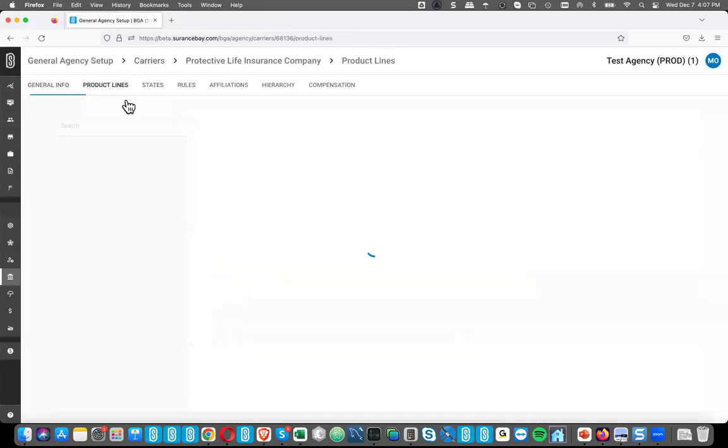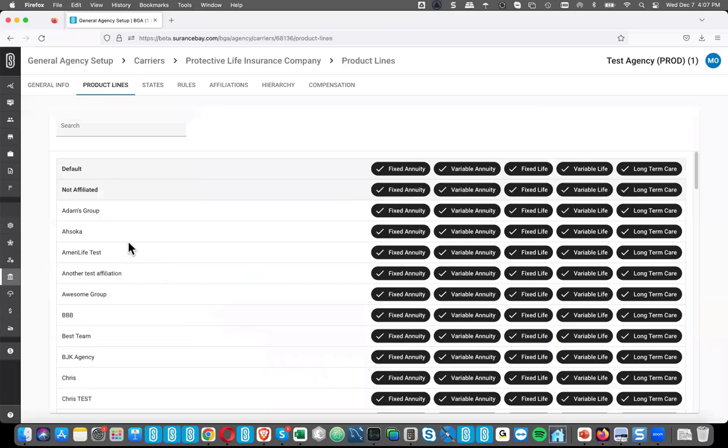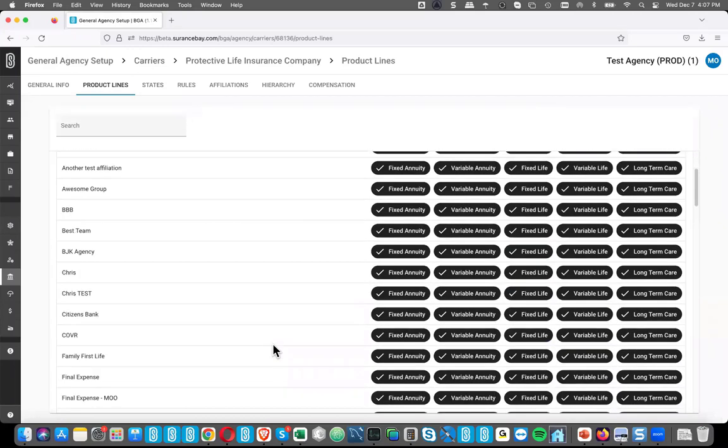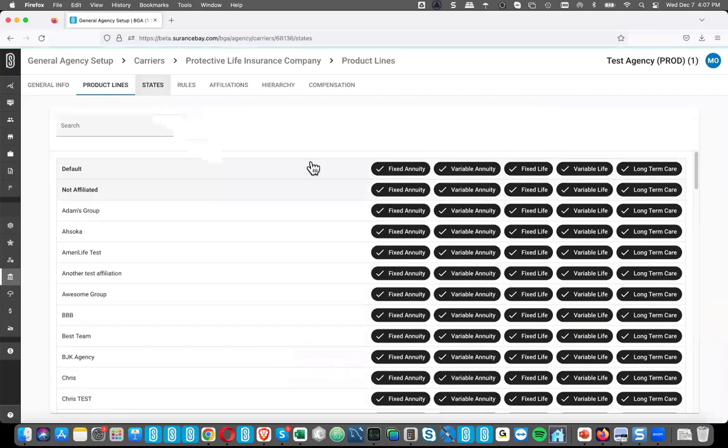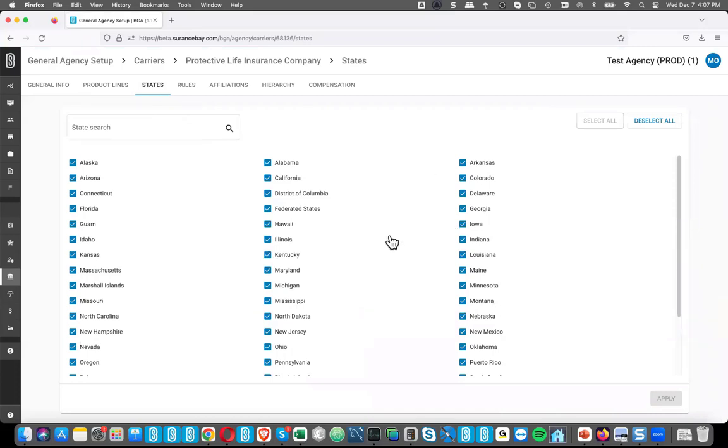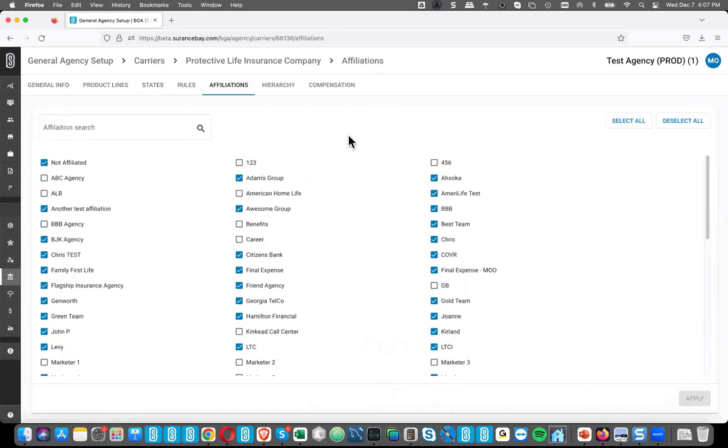Then you can also configure the product lines, again, just like you always could, and that's by affiliation here. Same thing with states, just define which states are available for that carrier. I'm gonna skip over rules and I'll come back to that in a minute. This is where you can, from the carrier perspective, enable or disable specific affiliations for that carrier.